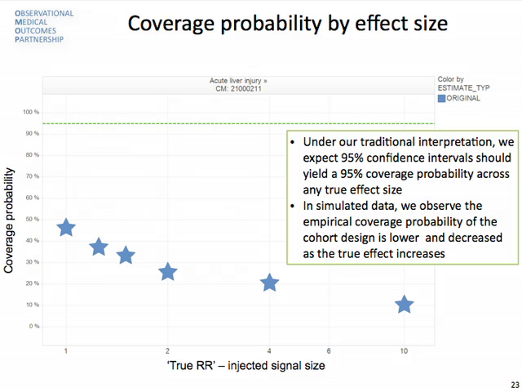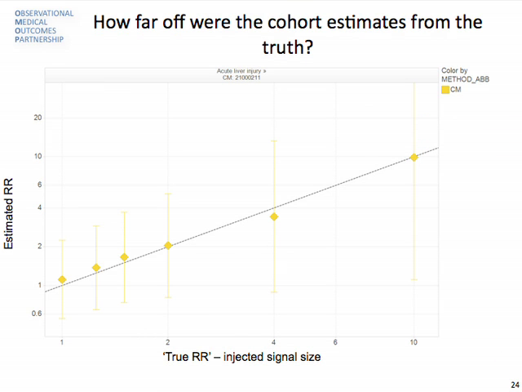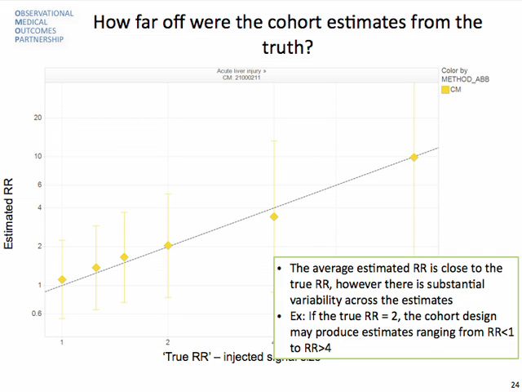So here again is the plot looking at the coverage probabilities for the new user cohort design when applied to acute liver injury. We see the coverage probability starts around 50%, and it steadily declines as the effect size increases. Now here's that same plot, and you can see the diamonds are pretty close to the dashed line. It's not that the method in this particular outcome is fundamentally biased, it's just that we've got a really